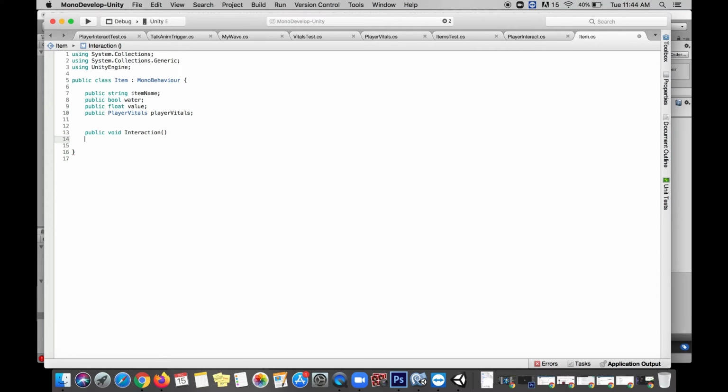So we're creating a new function, which means a new set of curly brackets to contain everything. So inside of here, we will say if, and with every if statement, we need parentheses, and the condition is water. So if we're interacting with water, we need a new set of curly brackets to set up this if statement. So if the thing that we're interacting with is water, then we will go to